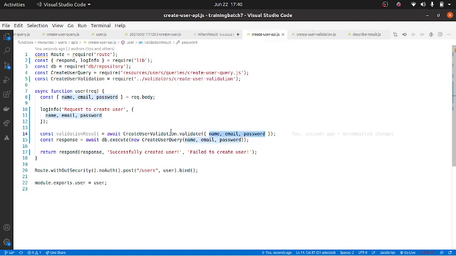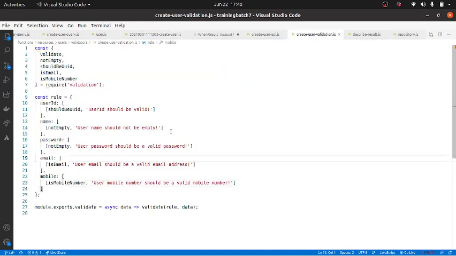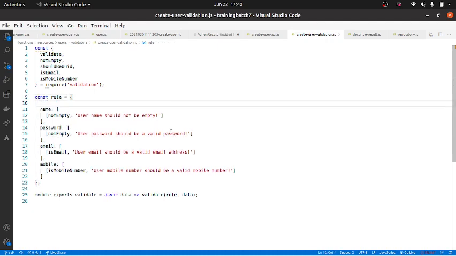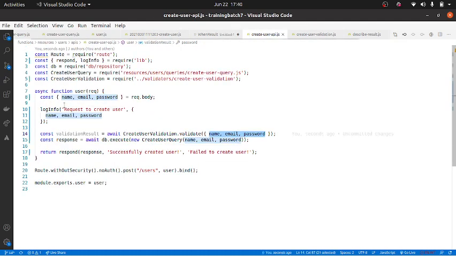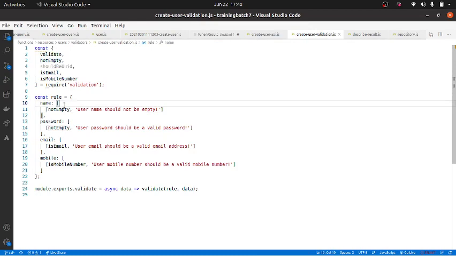Okay, now let's look at the rule. How does the rule work? Rule is an object where we can specify what the data that was passed will contain. What does our data contain? Name, email and password. I'll remove mobile.